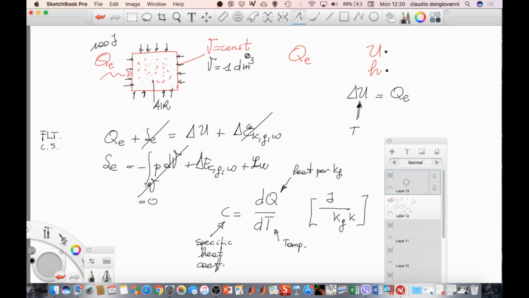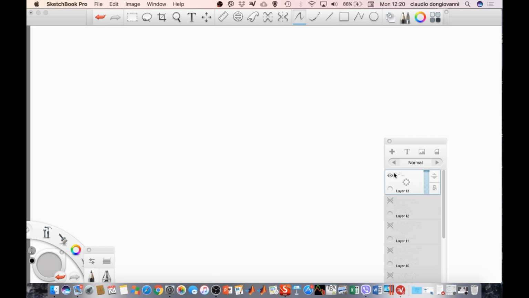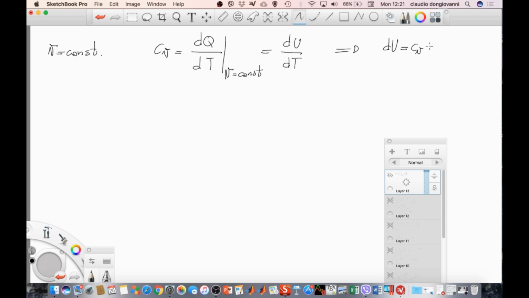And we said in this condition, Q is equal to dU. In this particular case, we have that dU is equal to Cv dT. Okay? But,